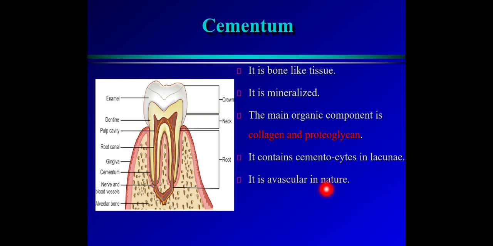The cementum is an avascular structure. On the outer aspect of the root portion of the dentine, the cementum is present, covering it. This cementum is highly adherent to the alveolar process. The cementum is covered by the periodontal membrane, a fibrous tissue, and this fibrous tissue anchors the cementum to the alveolar process. So this is the structure of the cementum.